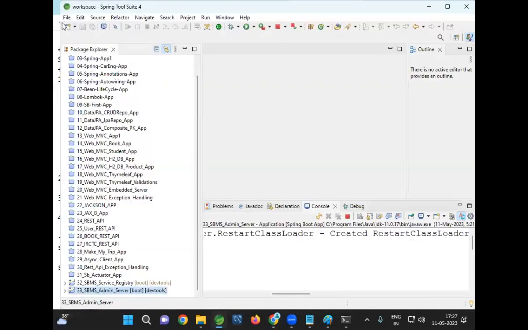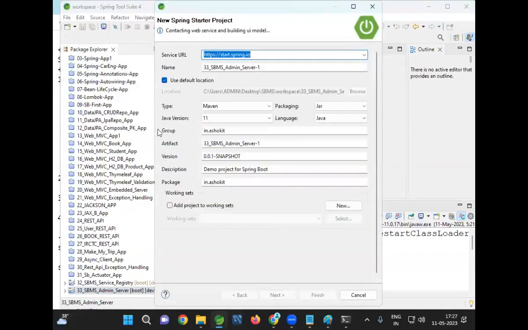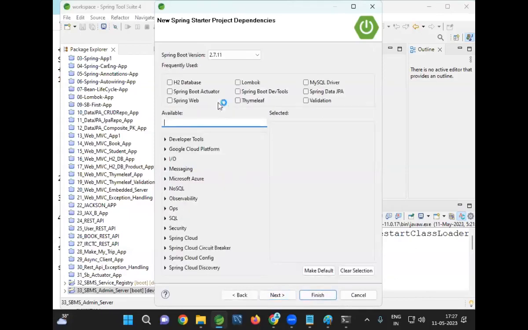I will create one simple REST API. File, new, Spring Starter project. What is the project number? 34. Okay, Spring Boot microservice. Let me name it Greet API. Click on next. Dependencies: web starter, dev tools,